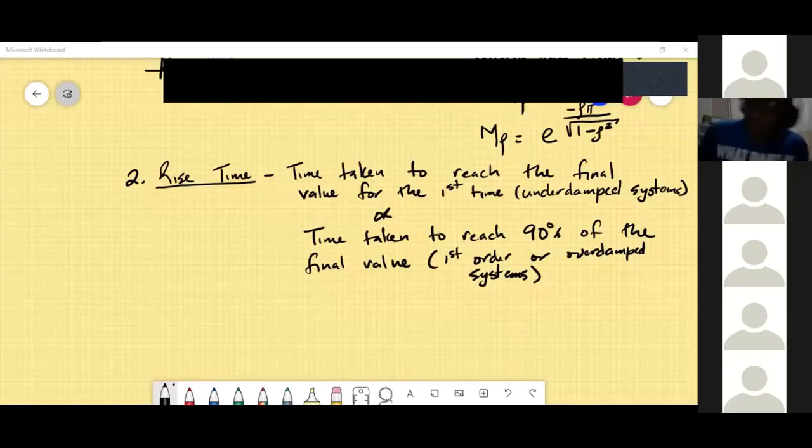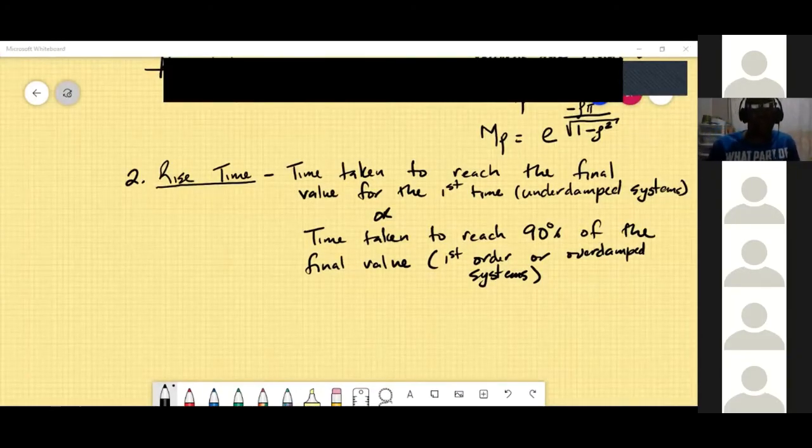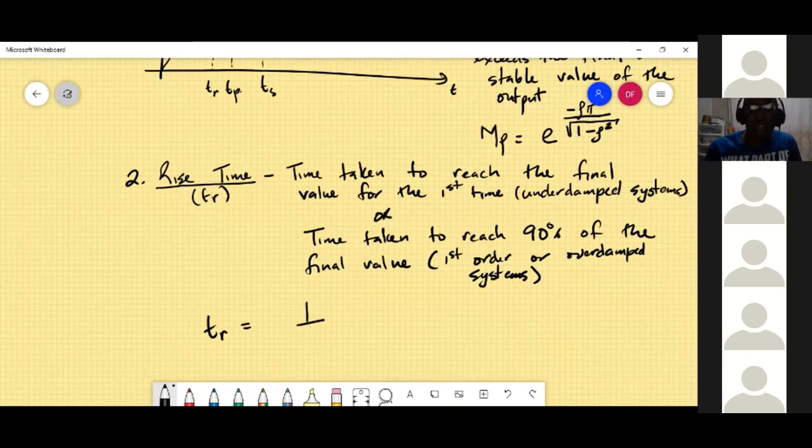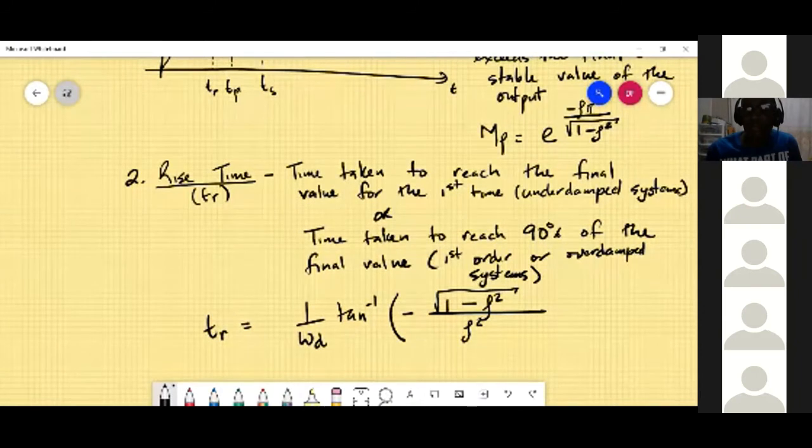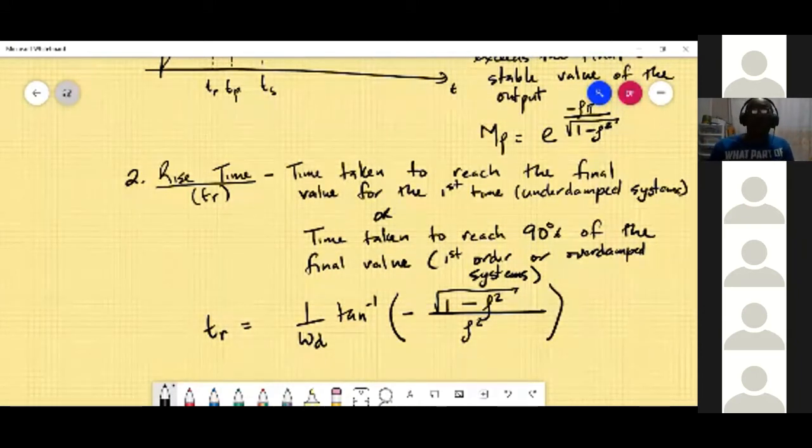All right, so the formula for rise time is TR. That's the rise time, so we should put TR up here. T subscript R is 1 over omega D tan inverse of minus the square root of 1 minus the damping ratio squared, over the damping ratio. And omega D is the damped